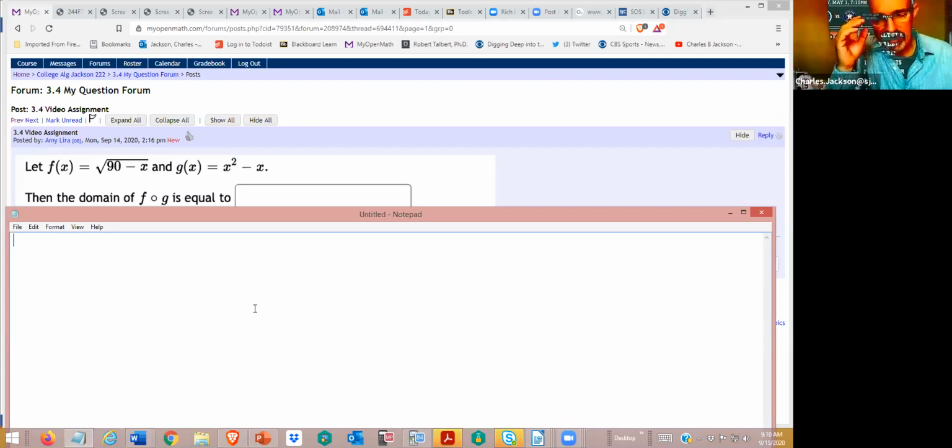The domain of a composition. That's definitely the advanced objective of this section. I think finding the composition, that's not that bad, but finding the domain of the composition, that's quite advanced. Okay, so